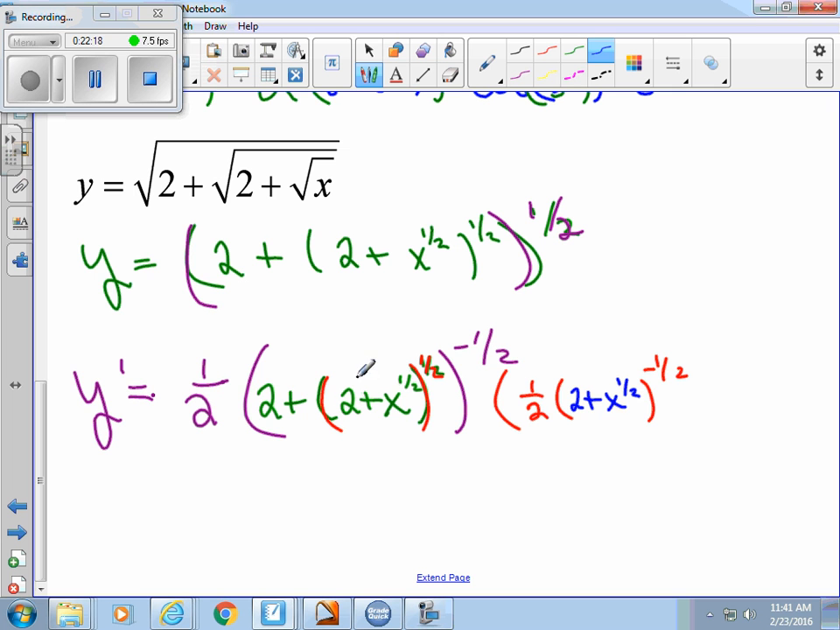Okay, have I done all of the outside part there, right? And then what do I need to multiply that by? The derivative of the inside, the derivative of the blue part. Well, what's the derivative of 2? 0. And the derivative of x to the 1/2 is... Okay, done. If I do this on a test,